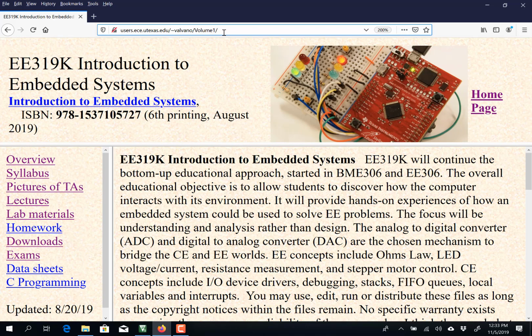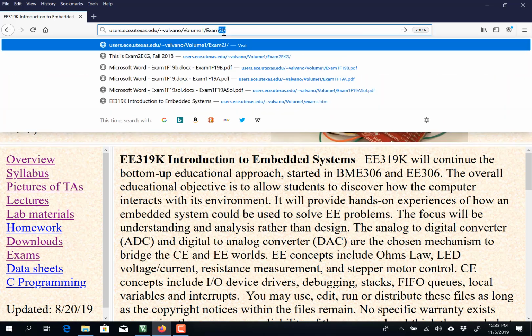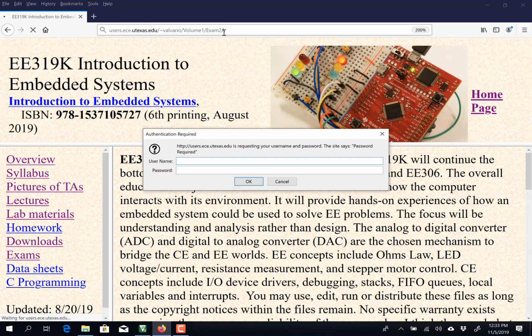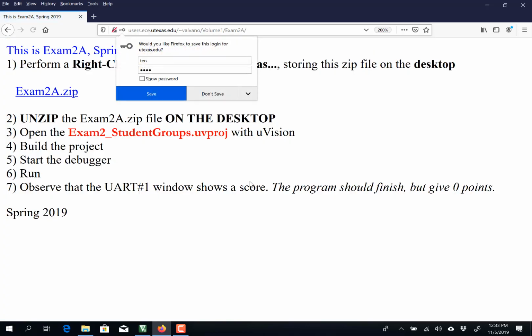Go to a website and type in the name of the website that's listed. It will be on the piece of paper or announced in class. There will be a username, and this particular one is 10, and the password is 1010. You will get to a website that looks like this,